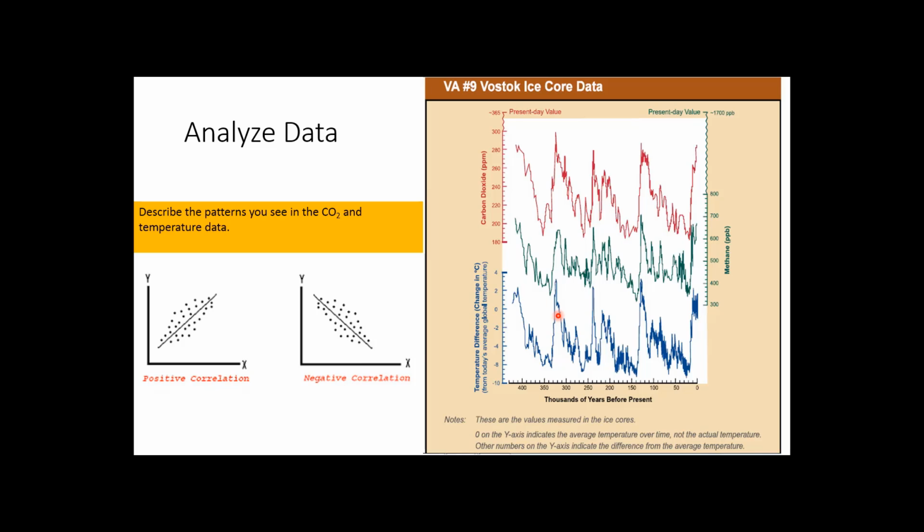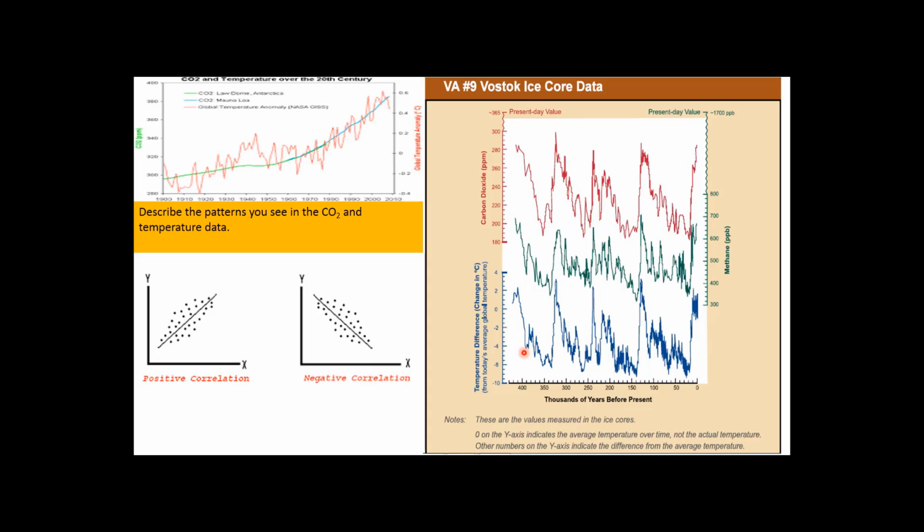So again, going over positive and negative. So yes, there is definitely a positive and a negative relationship between both of these, or we can just say that there is definitely a relationship between the two because they both go up and down. Now, if you look at it over time, you can also see this, where if we look at the temperature